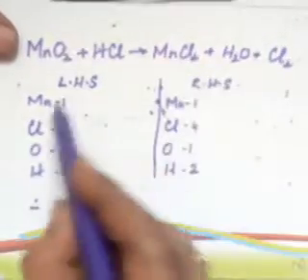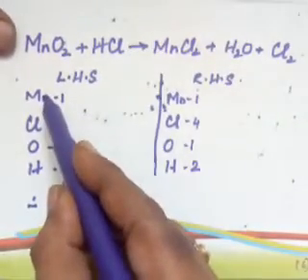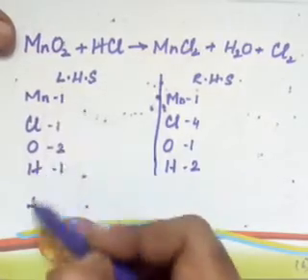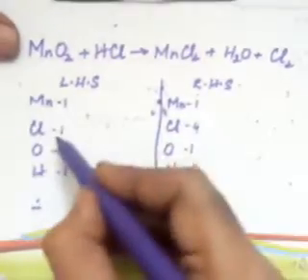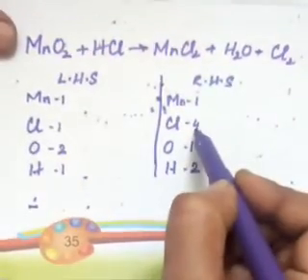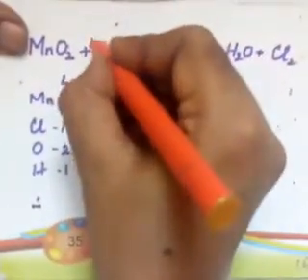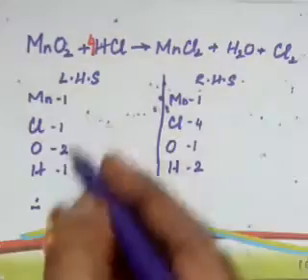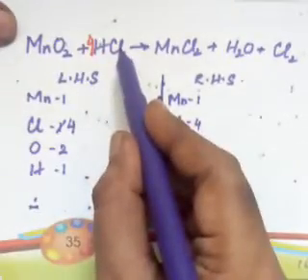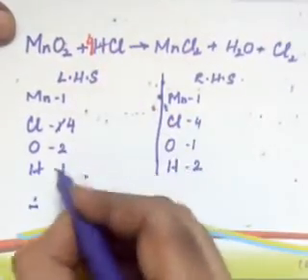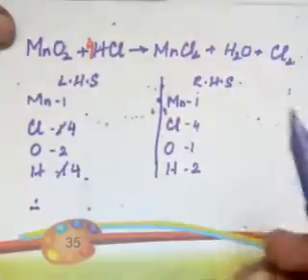We don't need to balance manganese. I have written in proper sequence only. Manganese, the metal with higher molecular mass, is written first. So we will also keep on checking and balancing in this sequence only. Now if you see here, manganese is 1, chlorine is 1, and here it is 4. So to make chlorine 4, suppose I make the change over here as 4. Here also there will be 4. But when I make the change here for chlorine, obviously there will be a change for hydrogen also. Hydrogen will also become 4. No other change, only hydrogen and chlorine are changing.